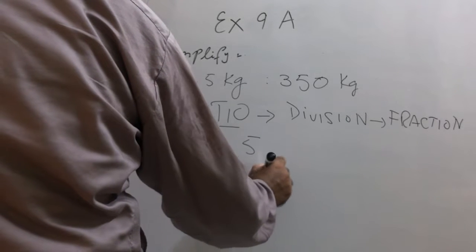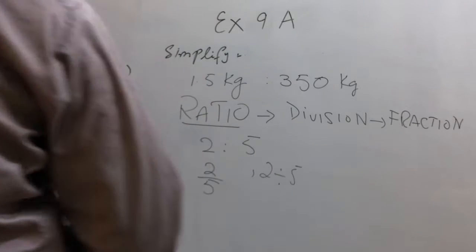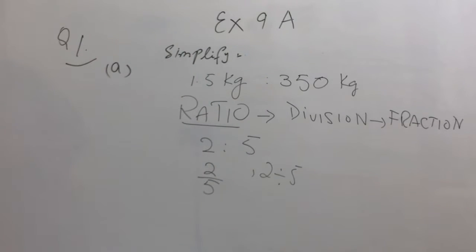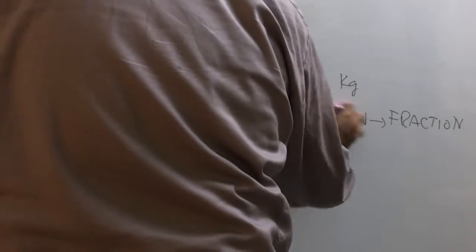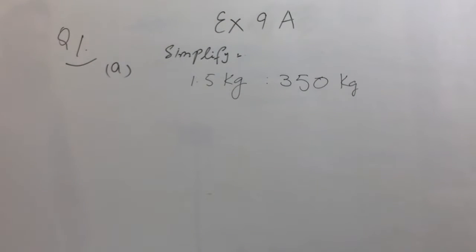It means 2 divided by 5. Okay, so ratio is a sort of division. So we need to simplify. The way we do simplification in questions of division or multiplication, the same way we will be doing simplification in